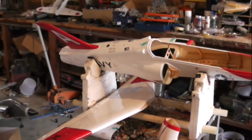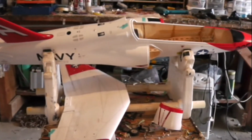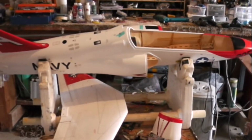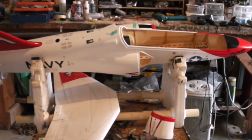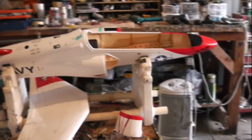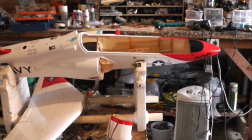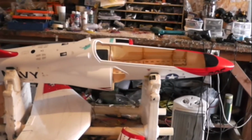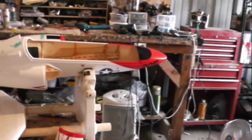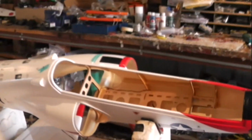Well, the build log of the CMP T-45 begins. We're going to power this beast with an RC Lander 90mm 9S power plant. We expect to fly it on 5,000 milliamps. She's also going to sport some nice RC Lander all metal retracts. But for now, we're going to start with the